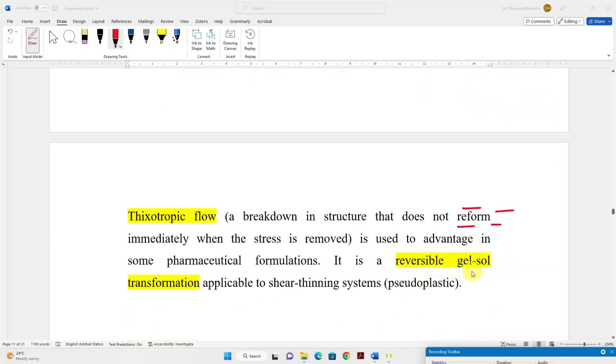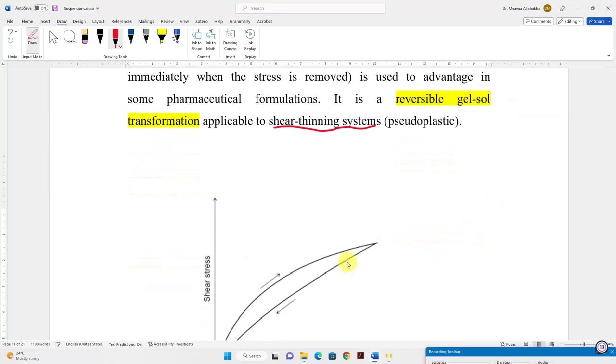This is the reversible gel to sol. Gel means the viscosity is high, sol means solution, the viscosity is low. As I said, this is applied to shear thinning systems. Okay,